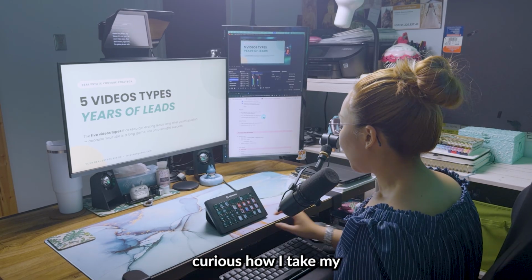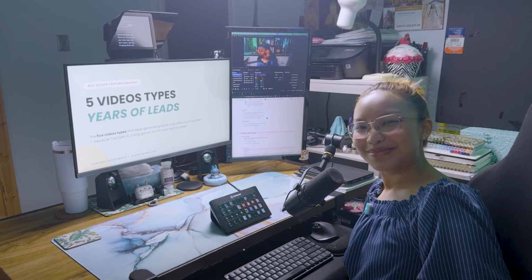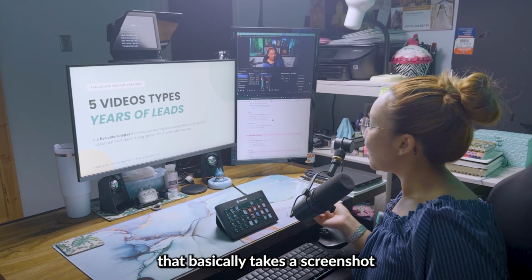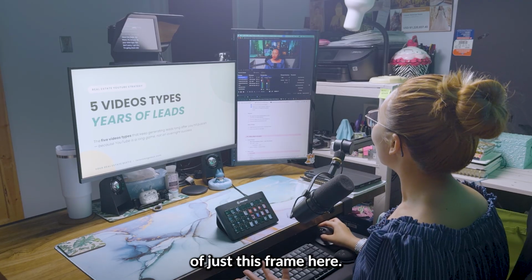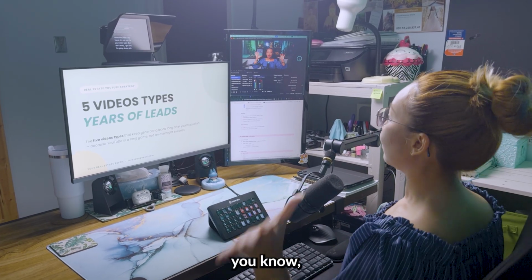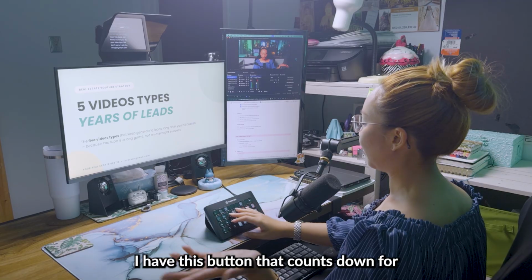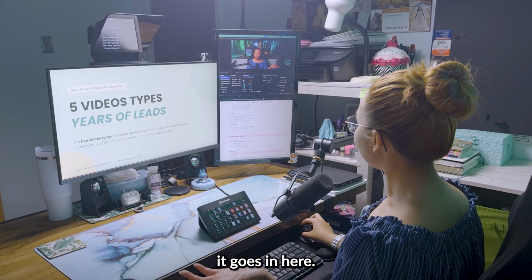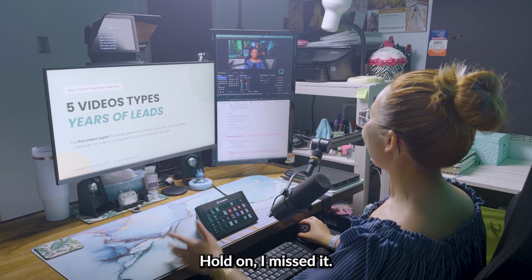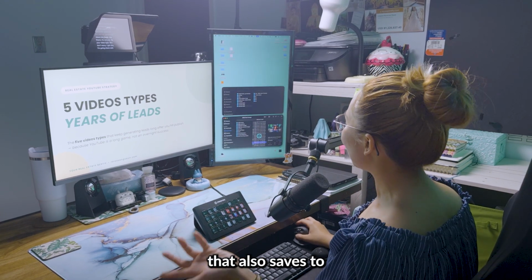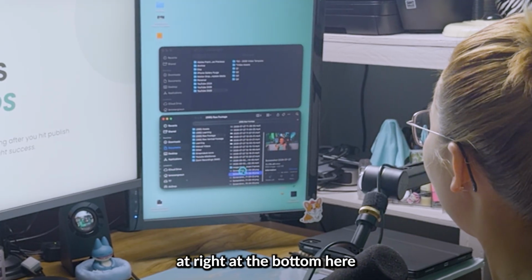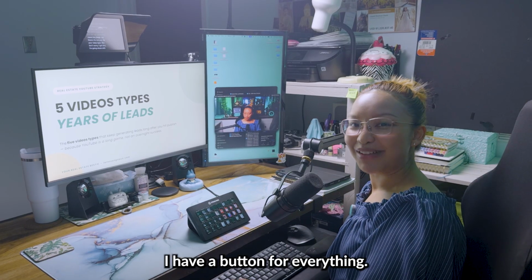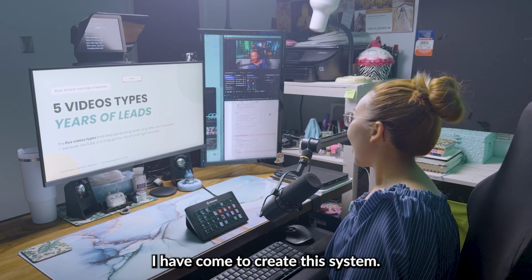And then from there, you're probably curious how I take my thumbnail pictures, and that's really easy because again, I have another button on my Stream Deck that takes a screenshot of just this frame here. So if I were to pose here, I have this button that counts down for, I think it's 5 seconds that I set it as. Hold on, I missed it. It took the picture, and again, that also saves to my computer here, right at the bottom here. As you can see, I have a button for everything, and that's how I have come